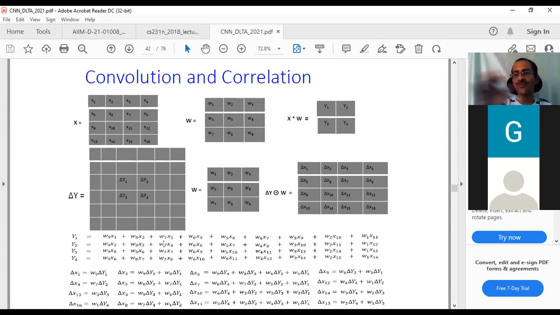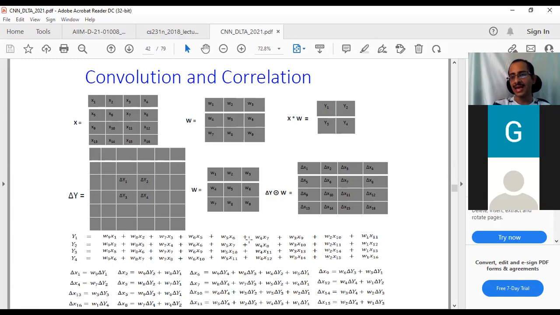That's all. Imagine the signal flow graph now, because the number of variables is many. You can also make a signal flow graph fully and then try to see this. Those who are not clear, make the full signal flow graph where Y1, Y2, Y3, Y4 are the output variables, X1 to X16 are the input variables, and W1 to W9 are the weights. Then, with delta Y1, delta Y2, delta Y3, delta Y4, try to calculate delta X1, delta X2, up to delta X16. Those who can imagine or already understood, try to imagine and then give the errors directly.